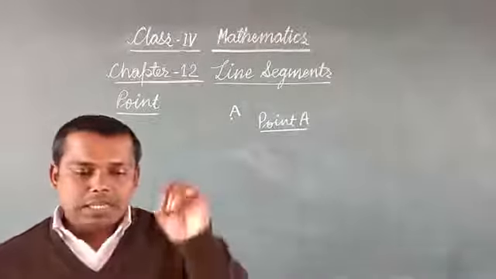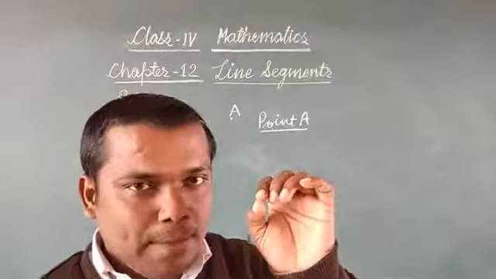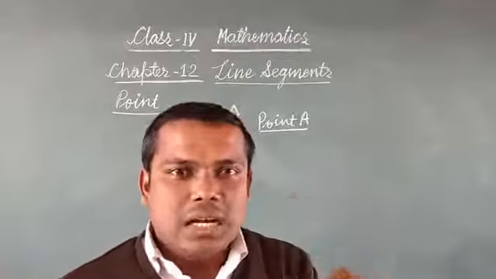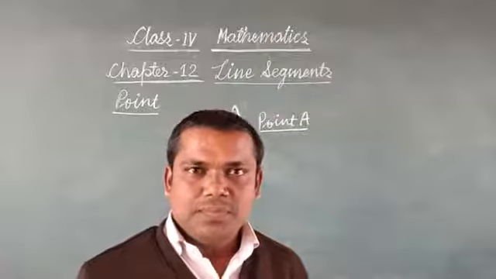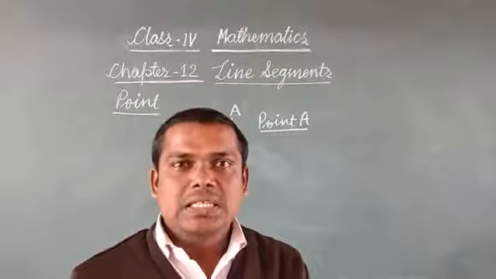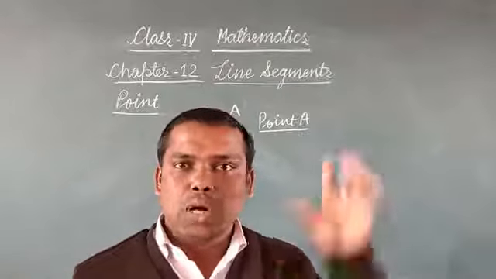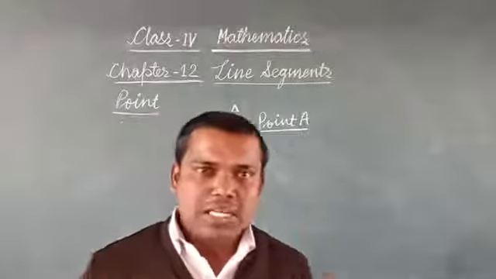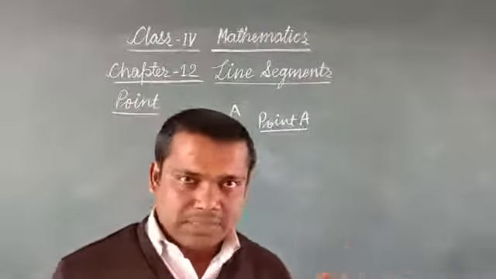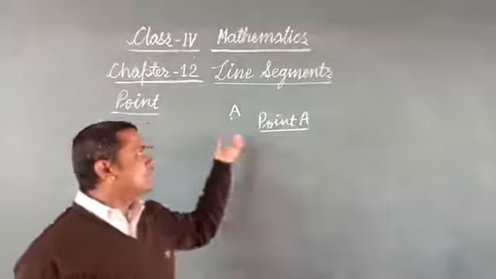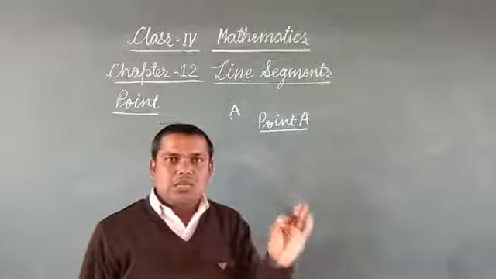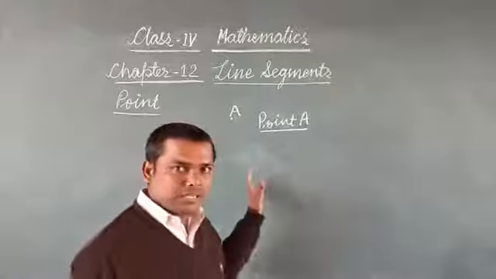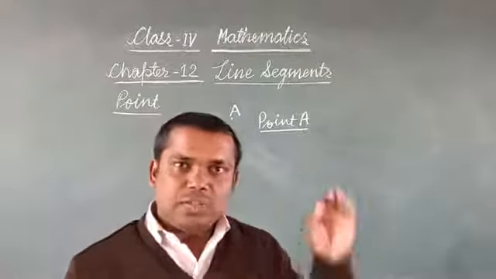You have to remember it is the dot, a small dot marked by a sharp pencil. It has no thickness, no length, no breadth, no height. Or in one line you can say it is dimensionless. It has no dimension, no shapes and size. Then the name, we give the name like this. Just alongside the point we write an English alphabet, a single capital letter, to represent it. Okay, so that is the point.